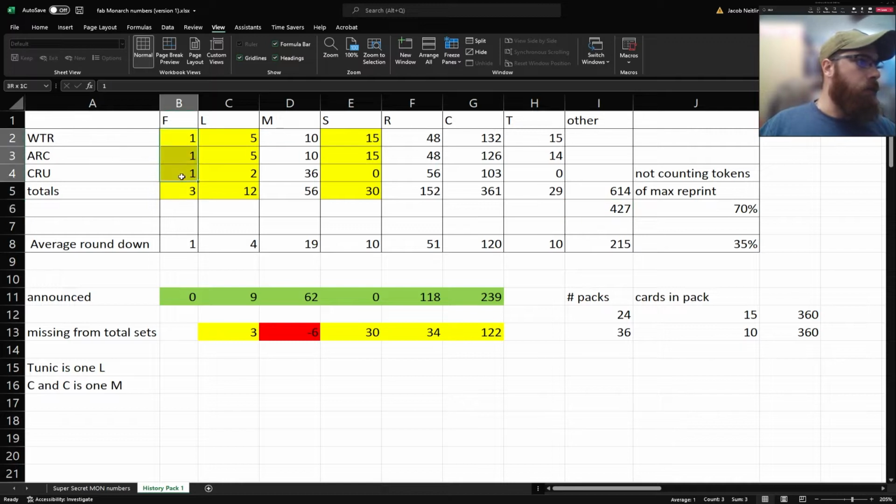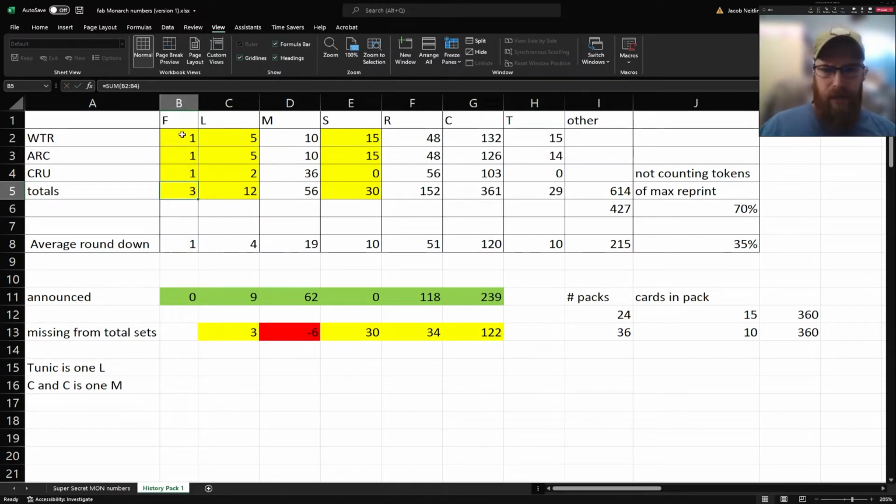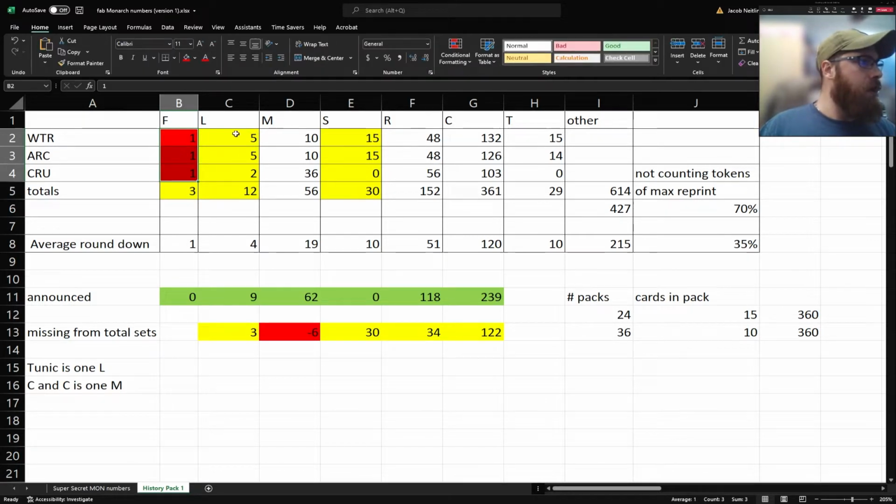We are aware that there will be no Fableds, so these 3 are going to no longer exist, in reprint form at least at this stage. So we know that these are going to be out. Of the legendaries, there is a total of 12. Now, obviously, they had announced that there were going to be 9. So we have 0 fableds, 9 legendaries, 62 majestics, 0 super rares, which means those have been upshifted,